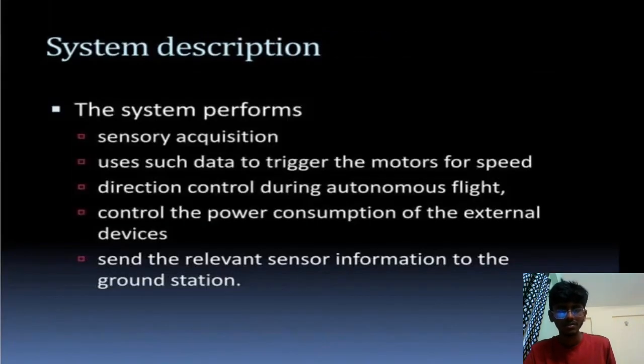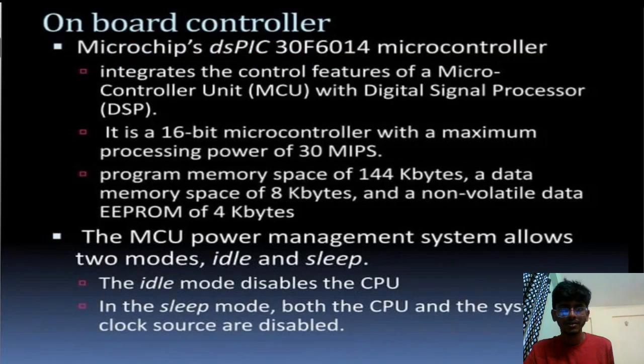The system performs sensory acquisition, uses such data to trigger the motors for speed and direction control during autonomous flight, controls the power consumption of external devices, and sends the relevant sensor information to the ground stations. Onboard controller, a Microchip dsPIC